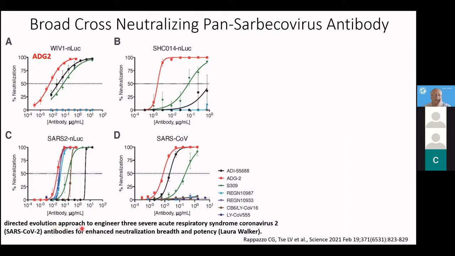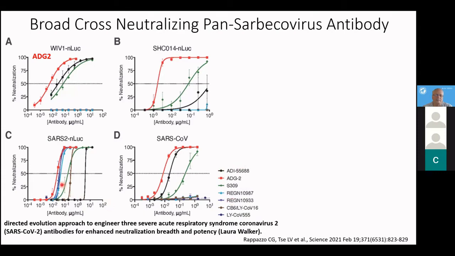And so using directed evolution and sequences from high-risk strains that we'd identified, we isolated a series of new antibodies. The one that I'm going to focus on is ADG2. It's being compared to antibodies from Regeneron or Eli Lilly or other groups. And if you just look at the SARS coronavirus 2, ADG2 is in red. You can see it's a potent neutralizing antibody against SARS coronavirus 2, as are many of these other commercially available or reported antibodies that are on